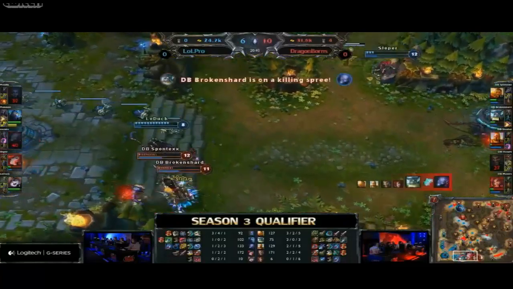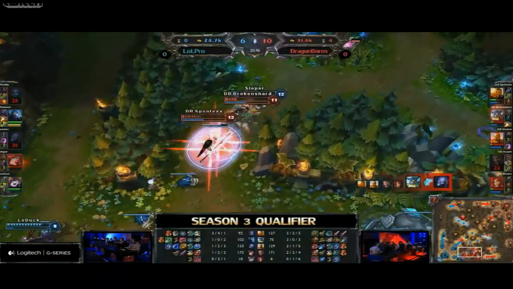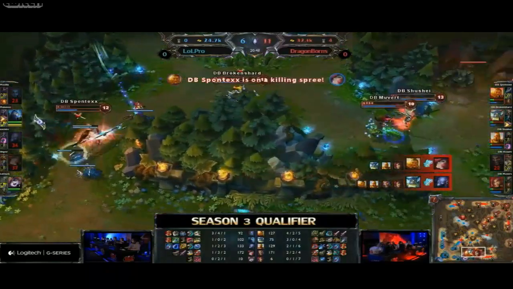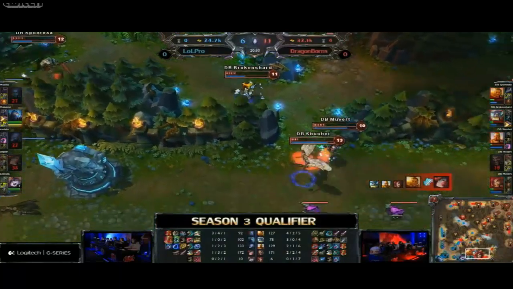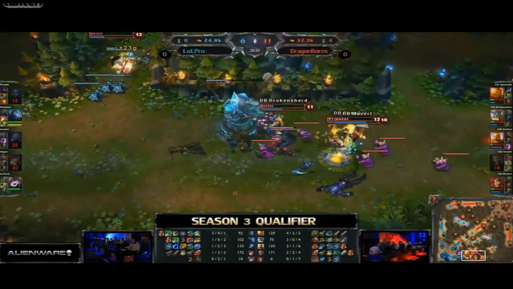Slepper will be forced to use Cleanse to get away, but Extinct will fall here to Broken Shard, who's not finished. Lands the axe at max range. Slepper goes down to Spontex, and that will be a 3-for-1. Yes, Dragonborns are pretty low, but they're not dead, and that's the key here, because they're going to have this